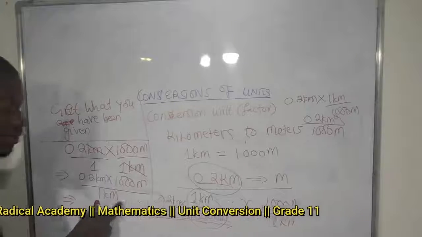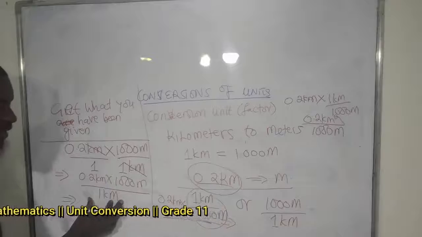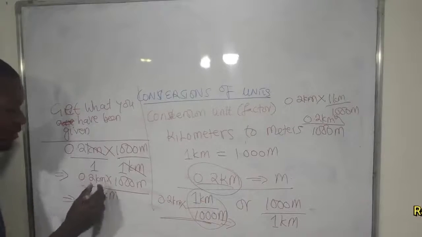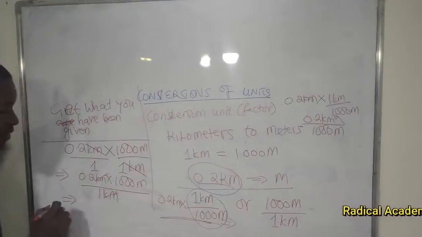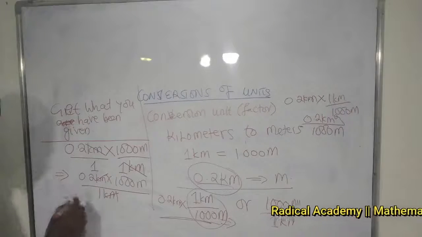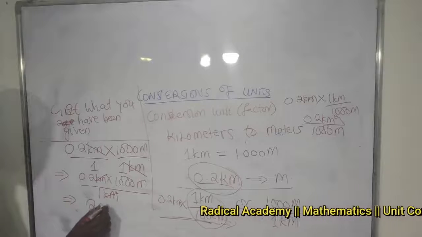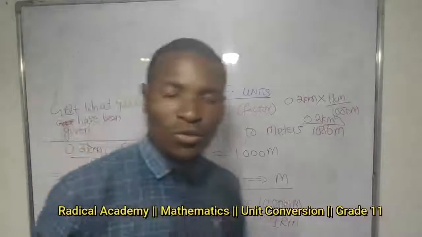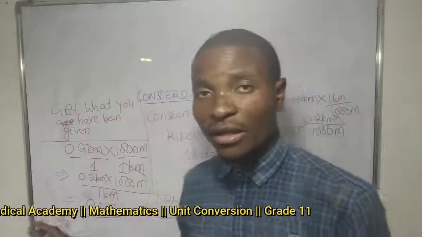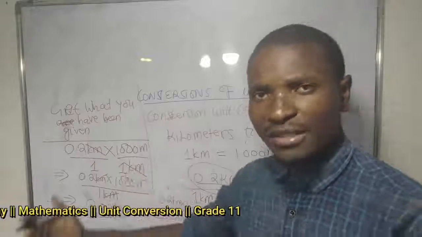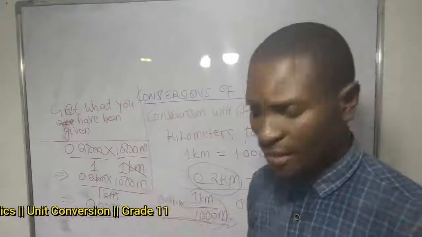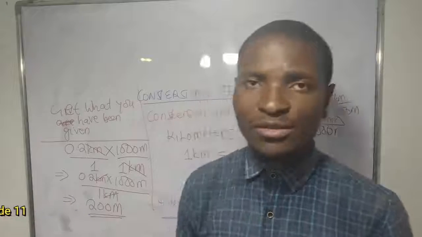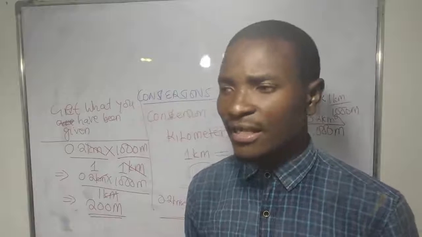Then you look at what is the common unit, which is down in the denominator and on top in the numerator. So this cancels, this cancels. So this will give me 200 meters. Okay, so that's how you're supposed to convert from kilometers to meters using this simplest way of converting units from one unit to the other. So you're supposed to understand what is it that